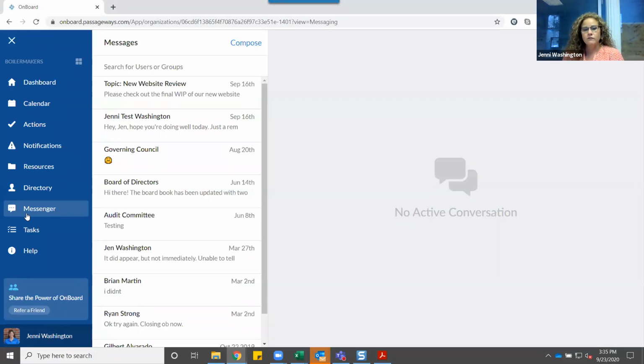So Messenger is one of those features or tools that supports communication and collaboration,